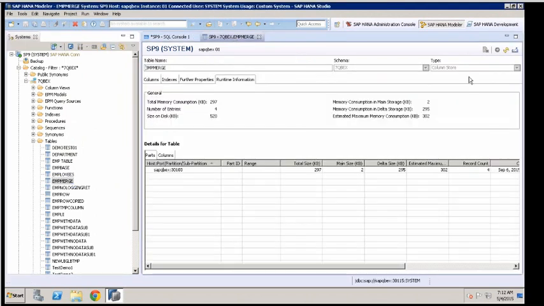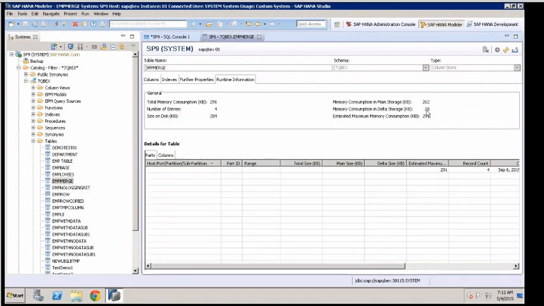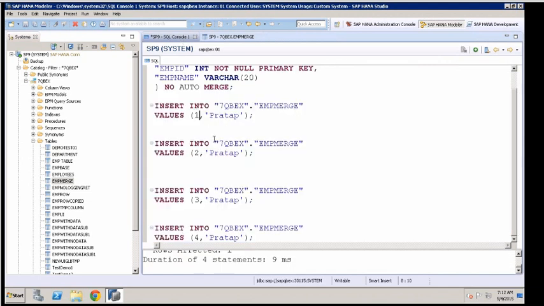So once the merging is done, if you say refresh, what has happened? Now the memory store size has increased and delta size has gone down. What does it mean? Now all the data has been moved from delta to main. Let's say again I insert some data, 5, 6, 7 and 8.